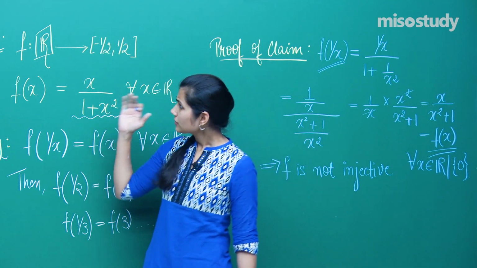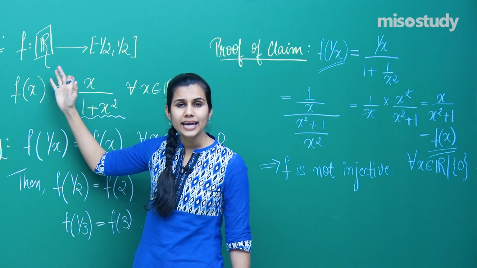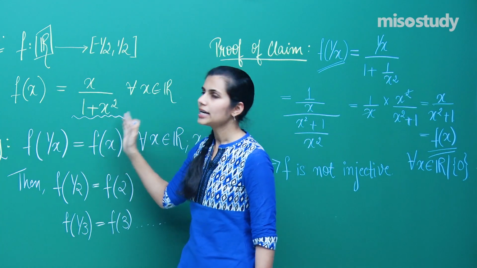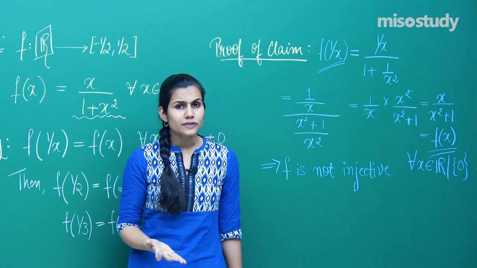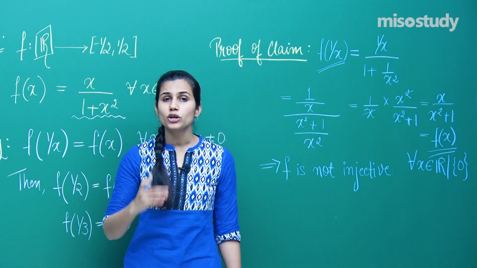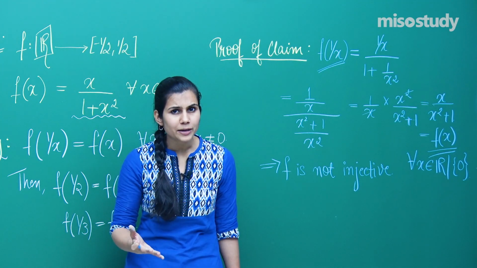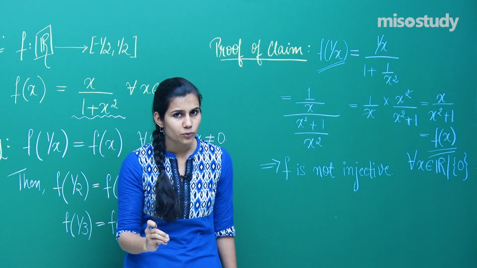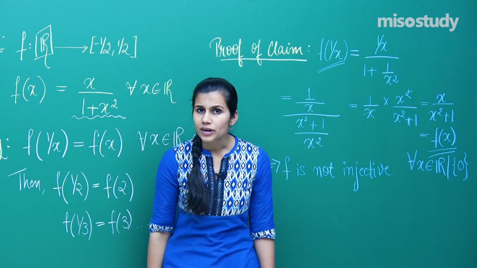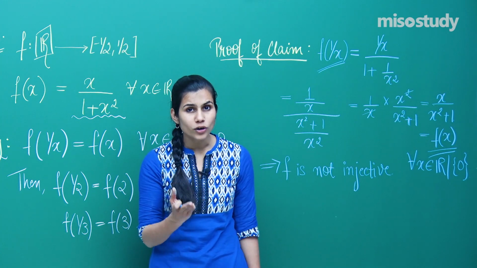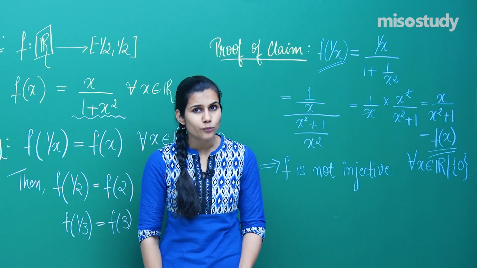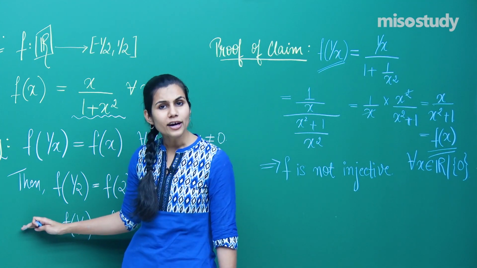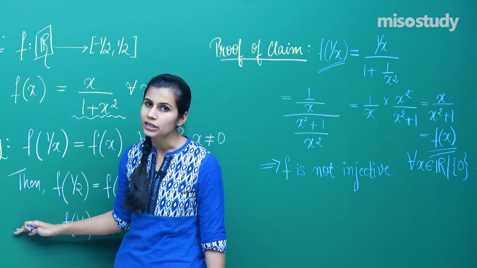For example, if it was very evident for you, you could have just directly said that if I substitute 1 by 2 or if I substitute 2, the result will be the same. You could have just done that, because if from the domain you are able to find 2 or 3 or more members getting mapped to the same member in the codomain, that is enough to declare that the function is not 1, 1. If you would have got the graph of the function f and obtained a horizontal line intersecting the graph at more than one point, even that would have declared the function is not 1, 1. Here I have just used one of the methods, and that has led me to the conclusion that f